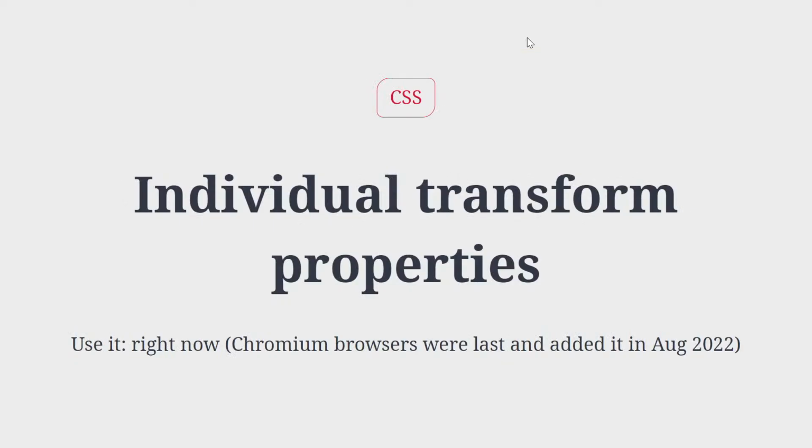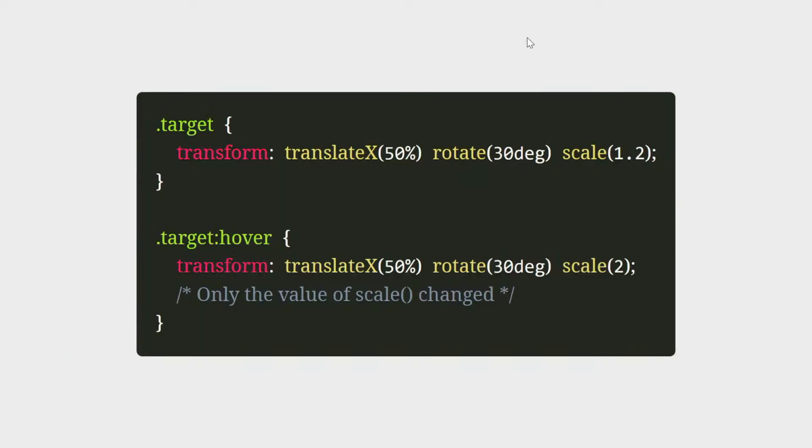We now have individual transform properties. This is one of the things that are very easy to understand. The last browsers to add this were the Chromium browsers last August. And the idea is